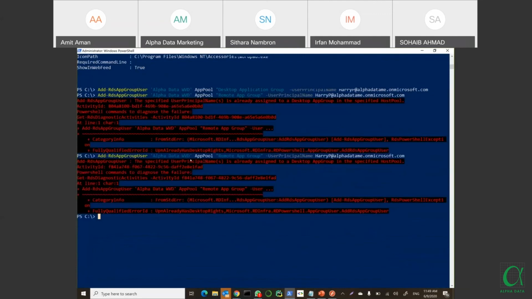Again, there are some issues happening, but this is the way we will be doing it. The remote application group is different. Just give me a moment. I have kept it somewhere.